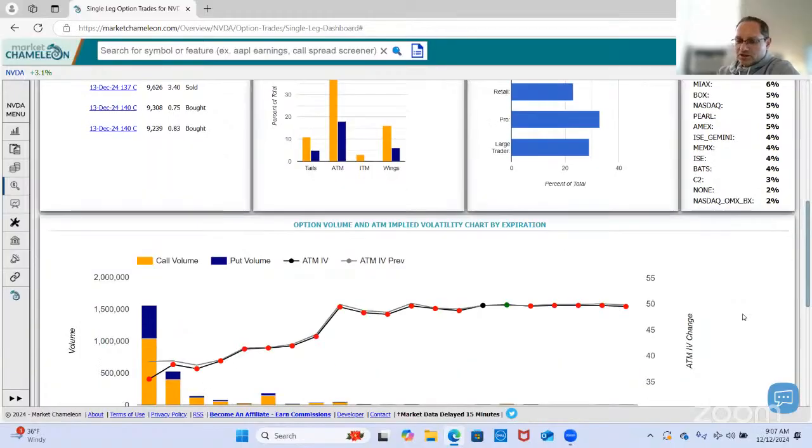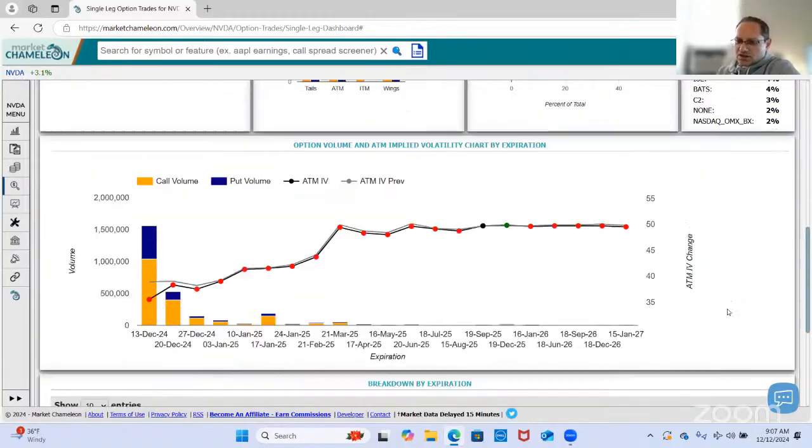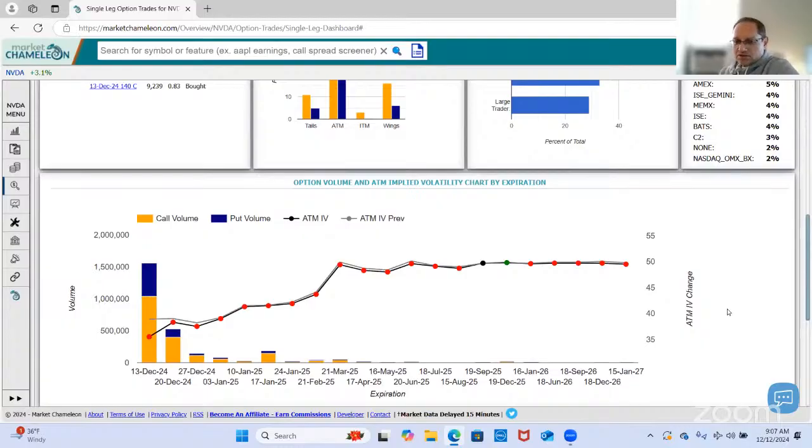So let's come down here, and now we look at the single leg volume, and how it is distributed by expiration months. So options, they're not all the same. We have different expirations, we have calls, we have puts, we have different strikes. So when we look at the total volume, it's not like looking at the stock volume, because we have different options available for trading. So we want to look deeper in there, and here we could break down based on